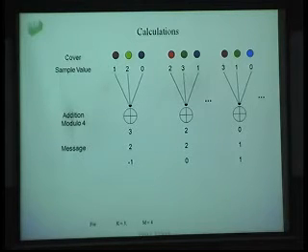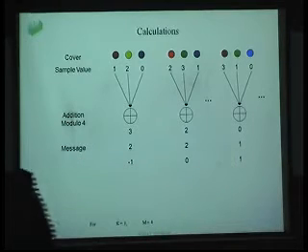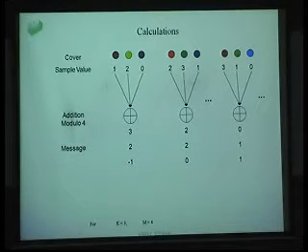Compare them. In many places it becomes equal, like the second block. The functional output from the cover is 2, and it is equal to the value of the message. You don't have to do anything. So this is naturally embedded in the cover. Wherever it is not matching, something has to be done so that at the receiver end, the functional output of the corresponding block matches this one.